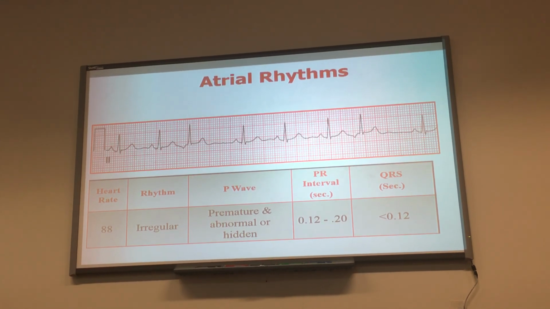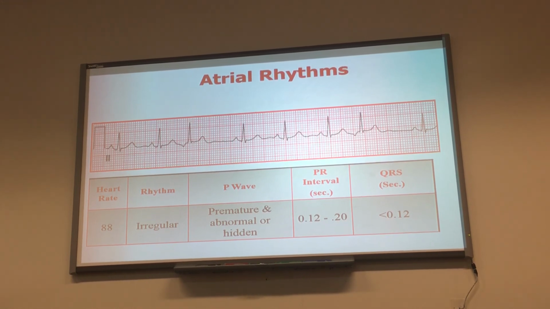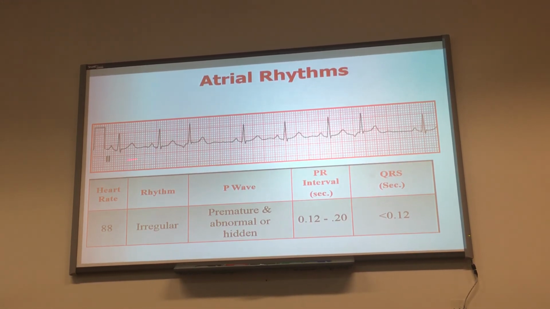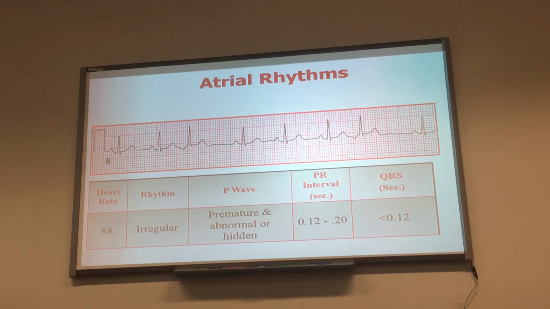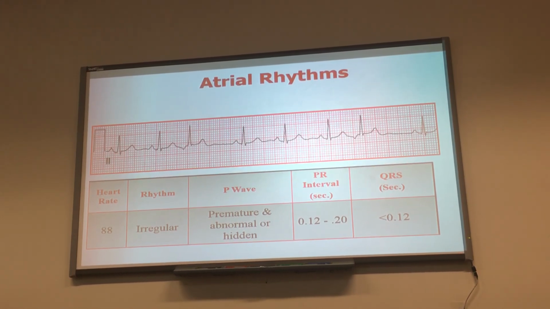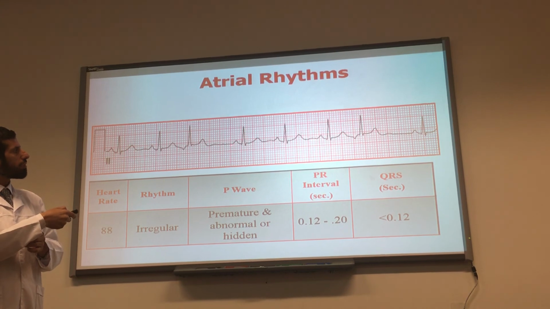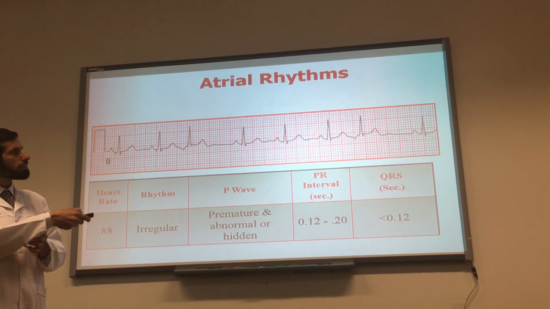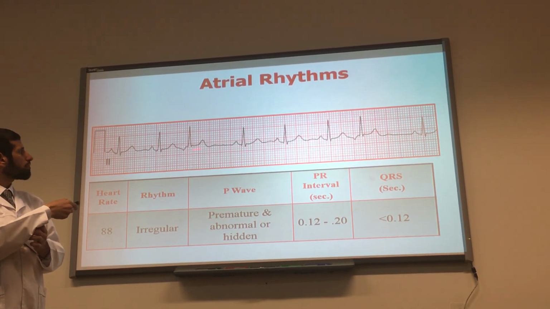So it cannot be junctional. This is coming from the atrium. So premature, I have a P wave which is different from the sinus P wave, and the PR is within normal range. I'm dealing with a P coming from the atrium: premature atrial complex. And this is the same thing here, by the way. You see that one? Normal sinus, normal sinus, normal. This is premature, same morphology as this one, so it's coming